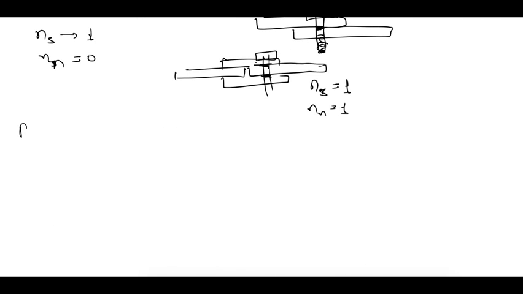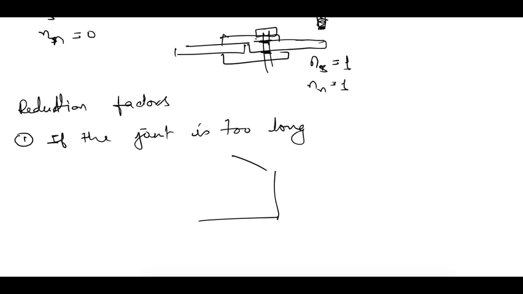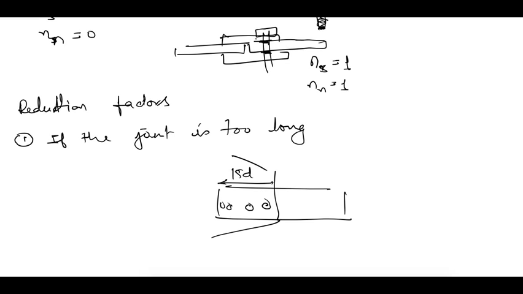There are some reduction factors for the bolt capacity, and they are applied for given conditions. Three factors are there. First one is if the joint is too long. So if this is the plate, like this is the joint, and this distance, given as Lj, exceeds 15 times the dia of the bolt,